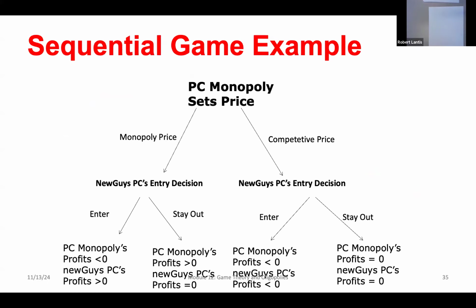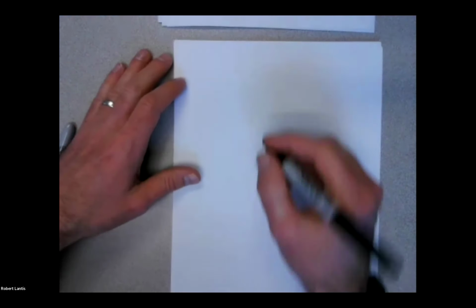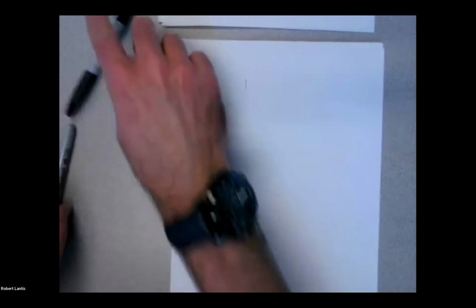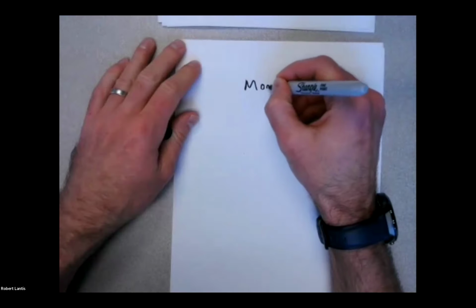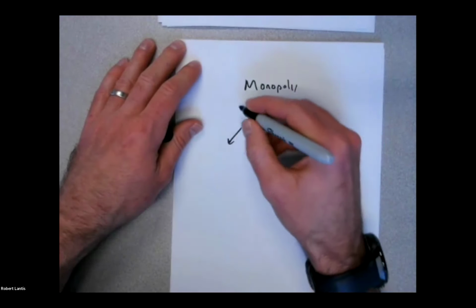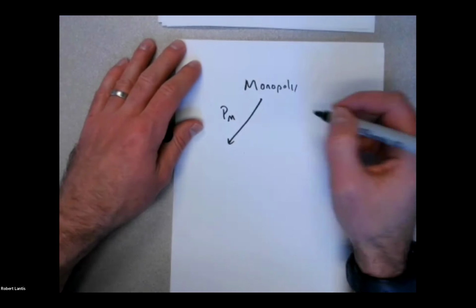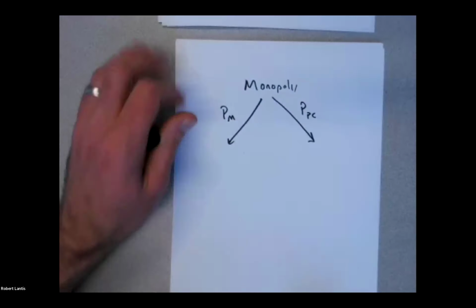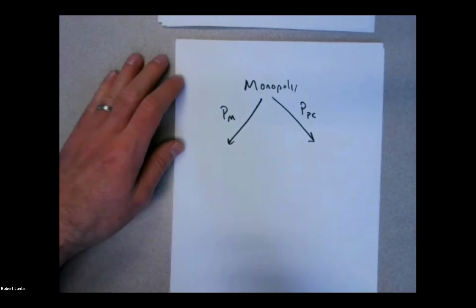So what might be a little bit more of an interesting example here? I'm going to actually just write this one out for us, because I think seeing me work through this makes more sense. So let's say I've got this current monopoly, right? A firm that is acting like a monopolist. So they can set the monopoly price or they can set a perfectly competitive price. We then have